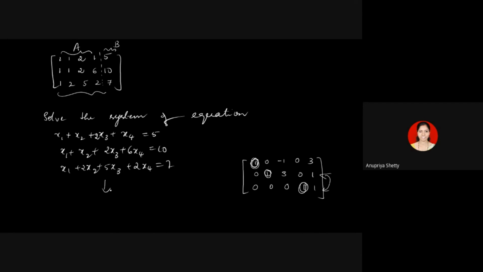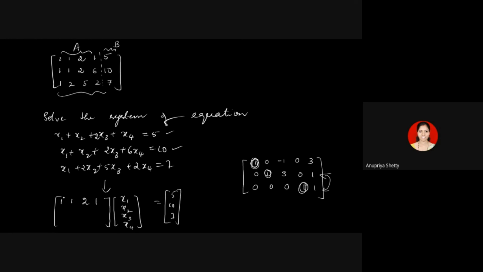Then you try writing it in the matrix form. When you write it in the matrix form, this column will contain x1, x2, x3, x4, and the column on the right hand side will be 5, 10, 7, which I have called B here. This column will appear on the right side. What is the coefficient matrix A? Because I wrote the system from that matrix itself, you can cross verify. The first row gives 1 into x1 plus 1 into x2 plus 2 into x3 plus 1 into x4 equal to 5. That gives me the first equation.